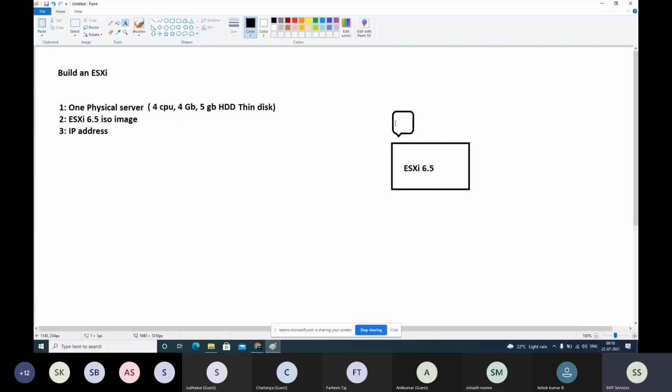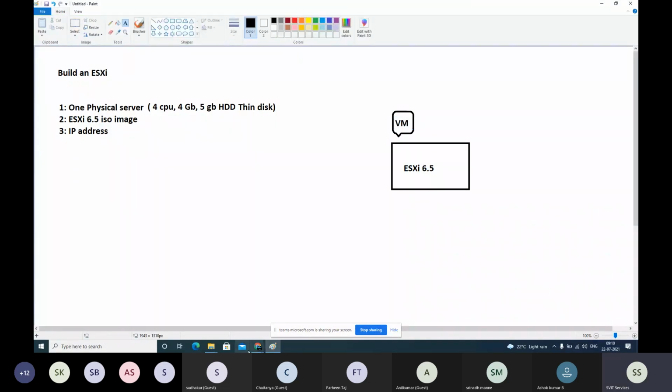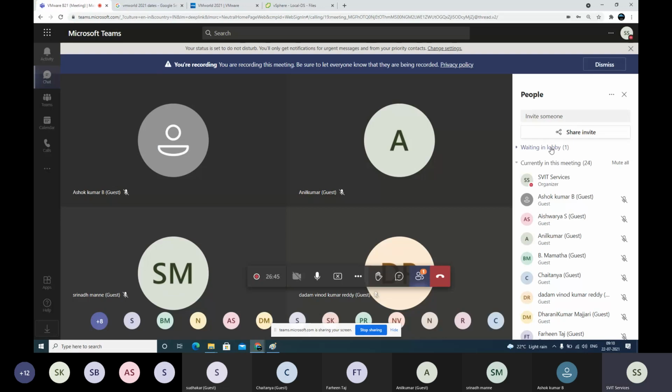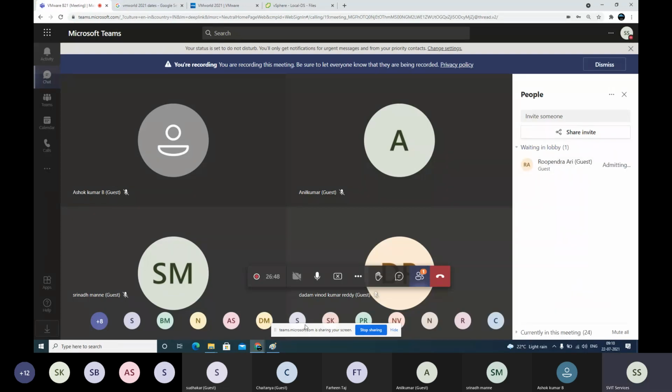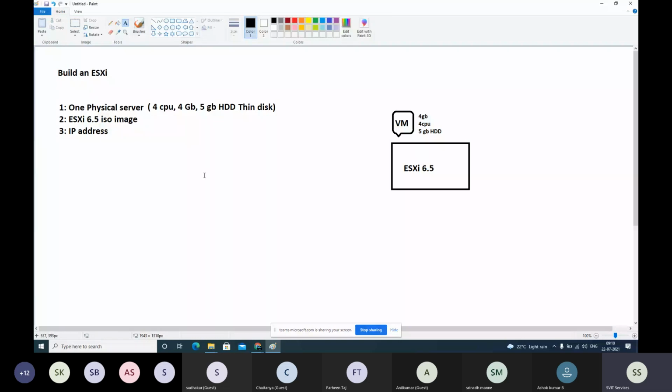I will create a virtual machine with 4 GB RAM, 4 CPUs, and 5 GB hard disk thin provision. Like this. Now this VM is equivalent to a physical server with this specification, right? Do you accept or not?